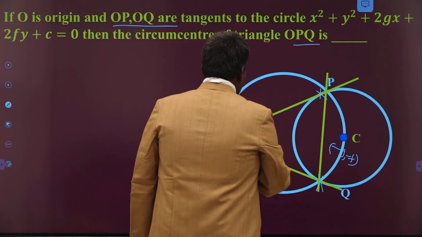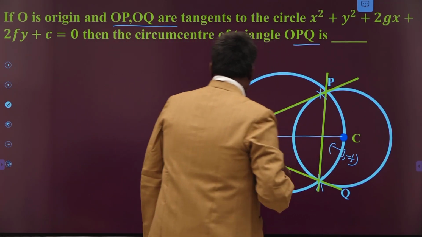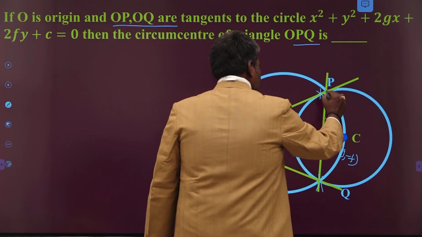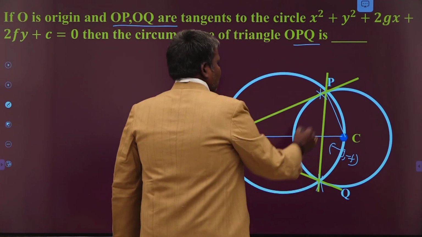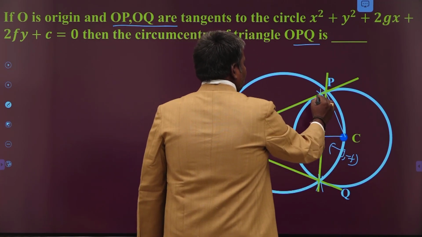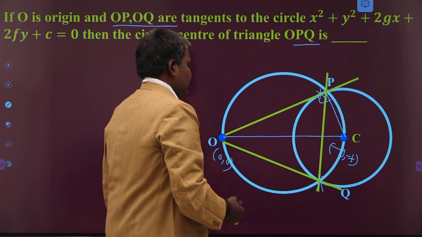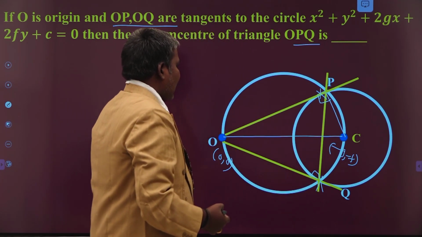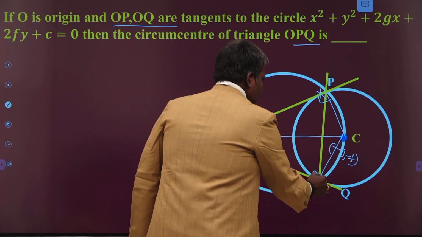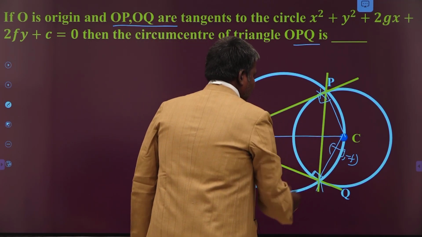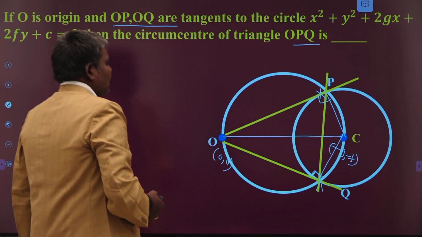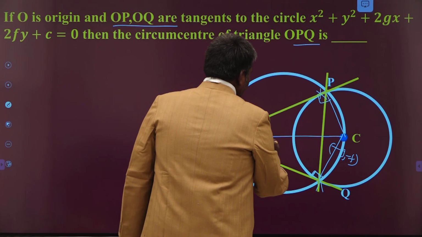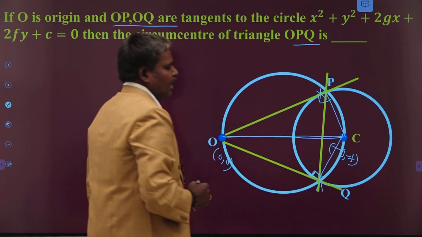Now my question is, you just join O to C. Okay. What is the angle here now? This is the corresponding radius. This is the point of contact. Immediately the angle is 90 degrees. Here also the angle is what now? 90 degrees. The angle in a semicircle is 90 degrees. The radius and tangent at the point of contact are always at 90 degrees. So since we know that the angle in a semicircle is 90 degrees, therefore immediately the line becomes a diameter of the circle. Am I correct or not?